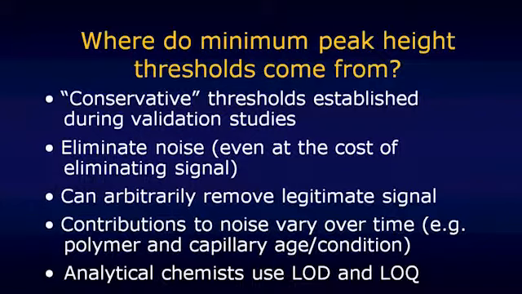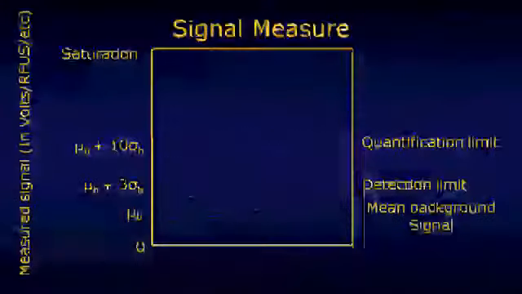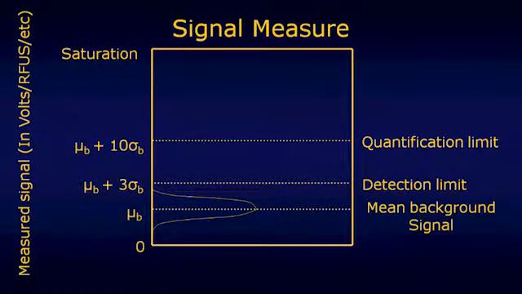Here's the thing. Any other discipline that needs to distinguish between signal and noise doesn't draw just a line in the sand. They're sensitive to the fact that signal and noise ratios can change over time. What chemists do is something that I think DNA analysts can take a lesson from. They rely upon something known as a limit of detection and a limit of quantitation. This next slide gives you a sort of a graphical impression of what it is that we're talking about with